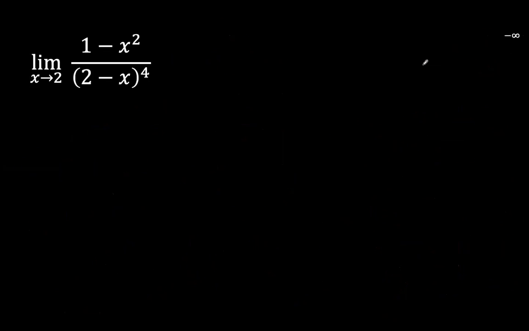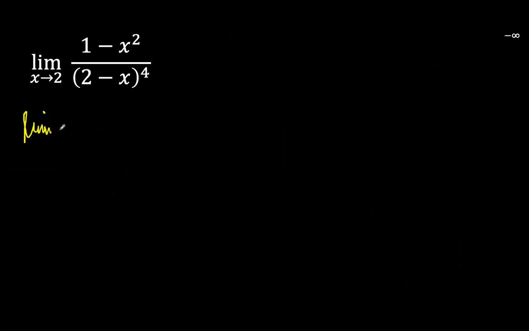Since infinity is not a real number, therefore the limit does not exist. Okay? Now let's consider this: the limit of 1 minus x squared all over the fourth root of 2 minus x. So for us to get the limit, we need to consider